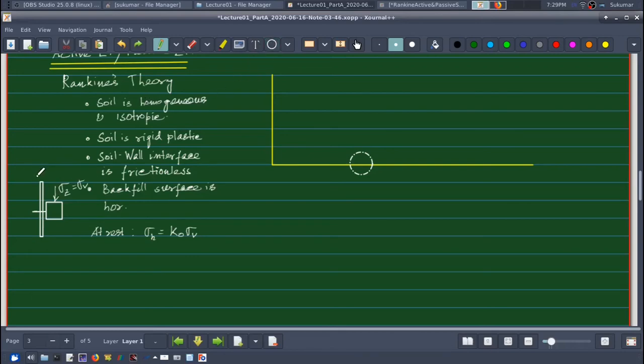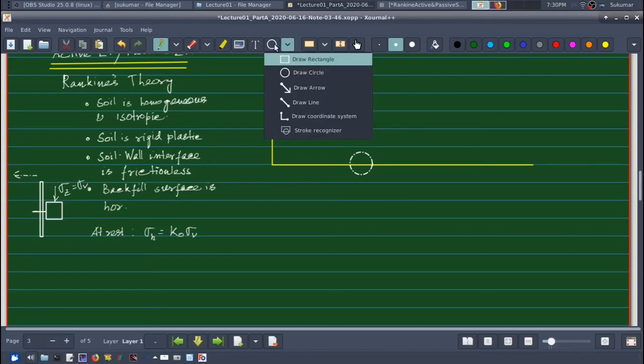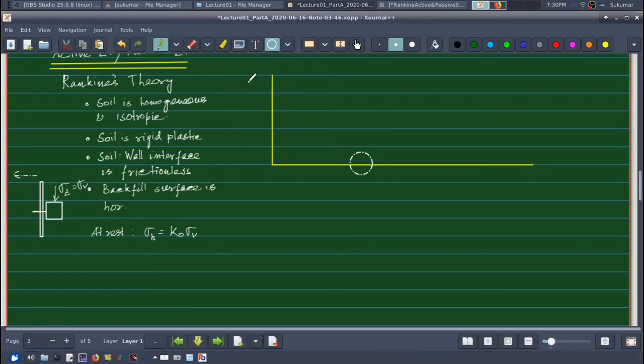I allow active condition to take place, and in that case what will happen? In that case, since my confining stress is becoming lesser and lesser due to wall movement, I will actually be reducing the horizontal stress, right? Horizontal stress, and therefore my circle will grow larger and larger,